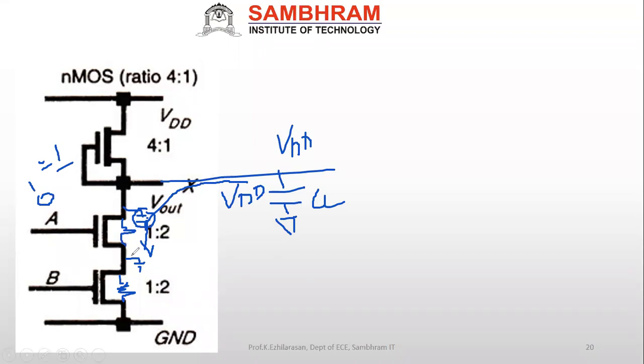While it is discharging, what happened here? Here there is an open switch. When it becomes an open switch, some amount, a very small amount, will be lost. That is the problem that will occur. But it is very important in NMOS. When all the transistors are connected in series, then it will get discharged completely. There will be a direct path completely, right? That is the one thing in NMOS.